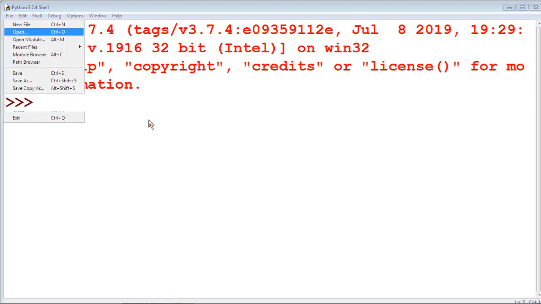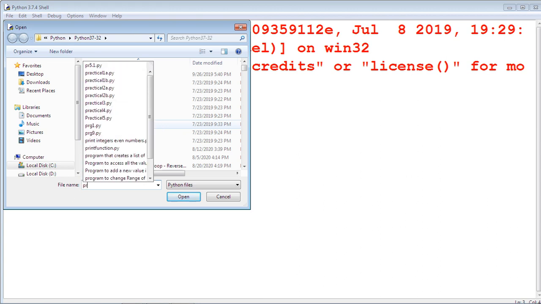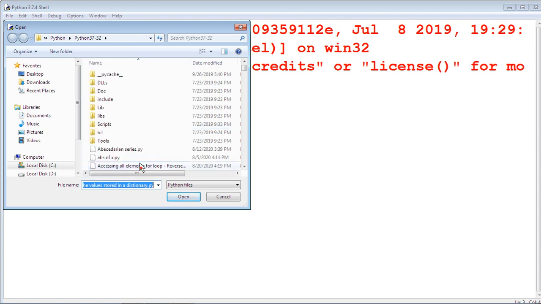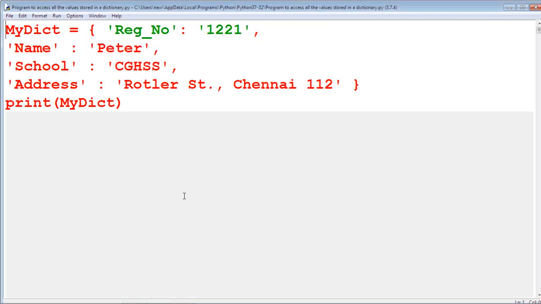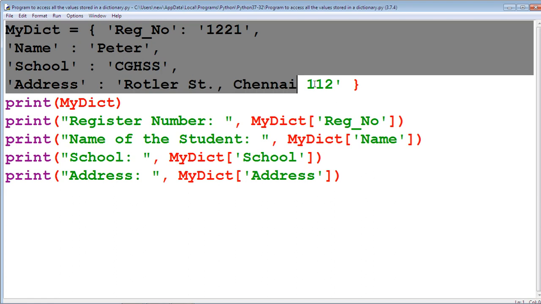File, open, program to access all the values of dictionary. First we define the dictionary by using this coding: mydict within curly brackets, register number 1221, name Peter, school CGHSS, address Rotler Street, Chennai.